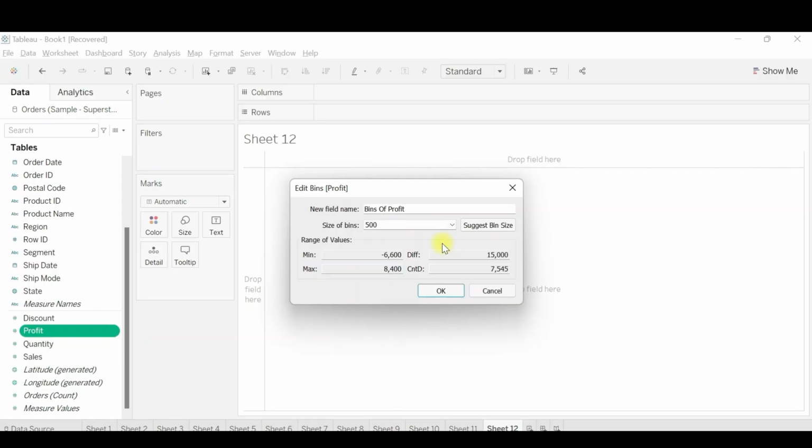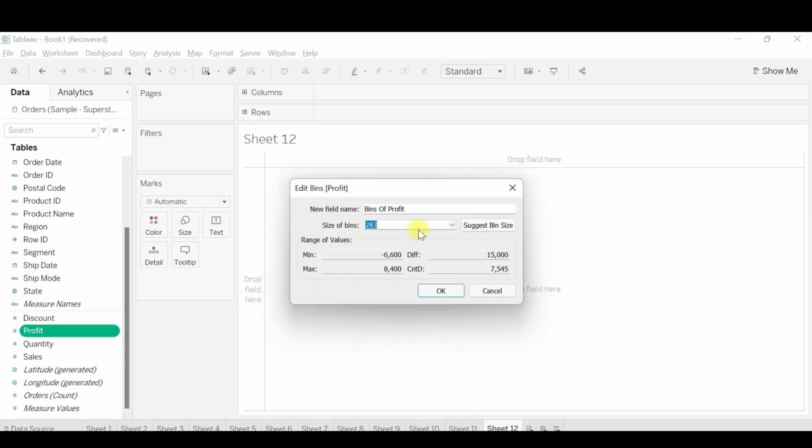But suppose we are not sure of the size it should be, so we can use Tableau's advanced analytics and use suggest bin size. When we click on suggest bin size, it automatically gives 283.